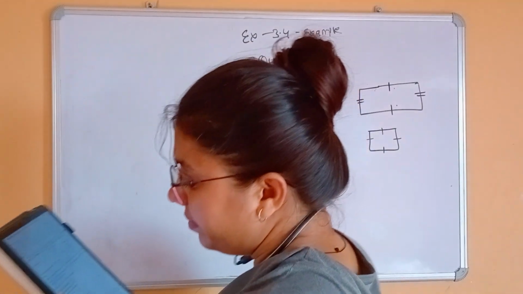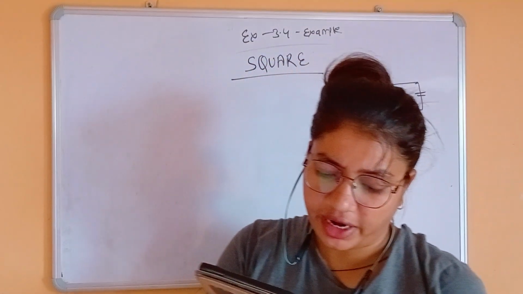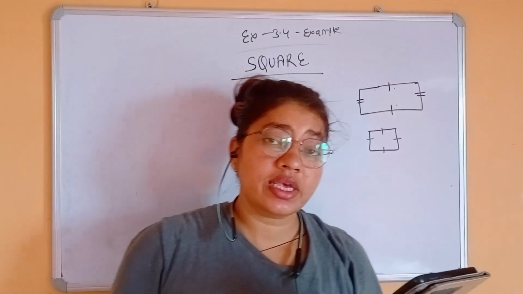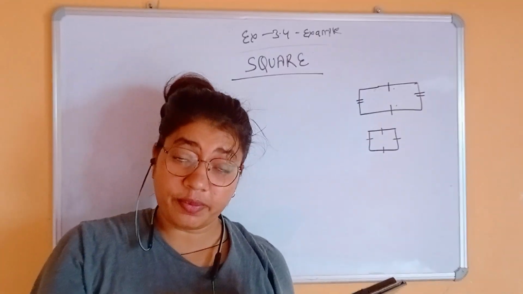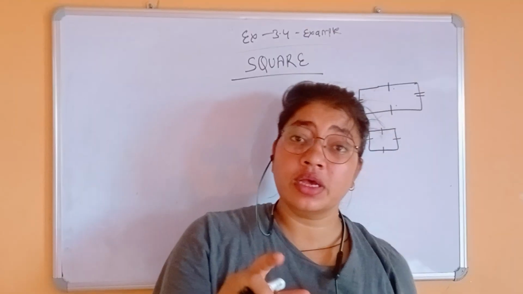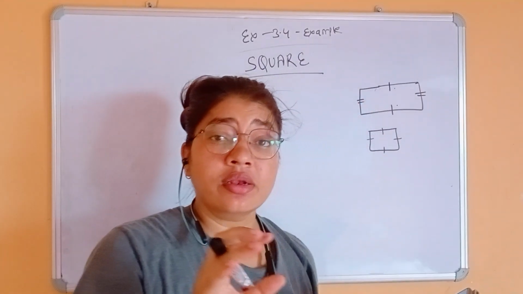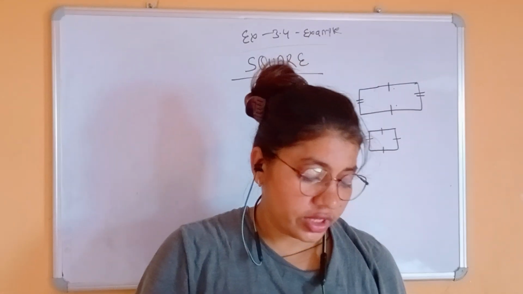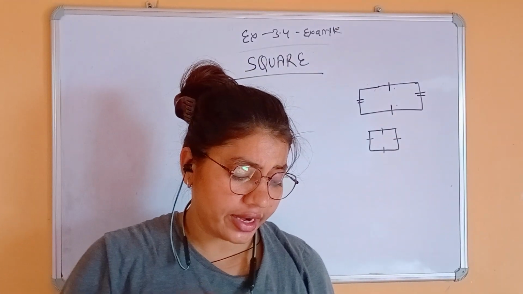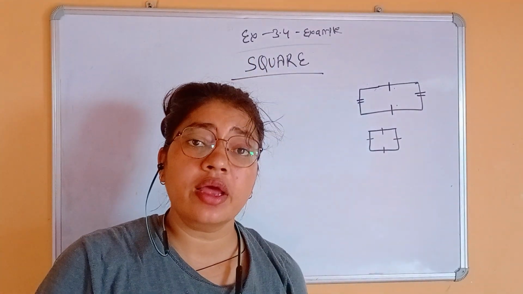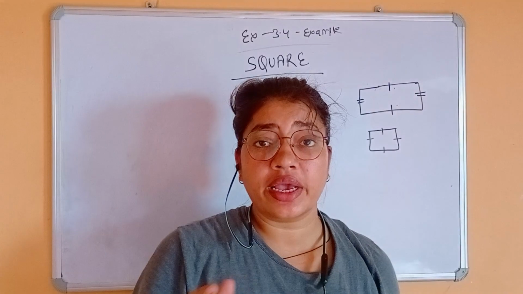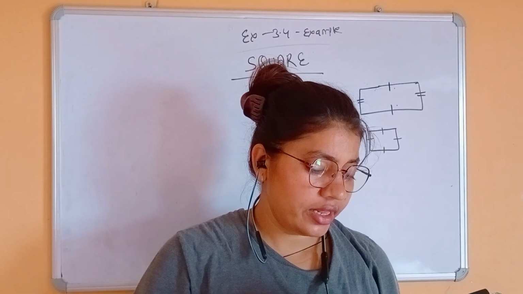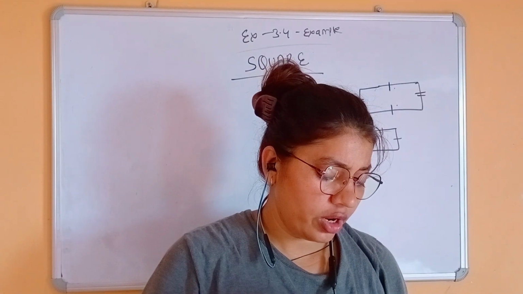Here it says a square has all the properties of a rectangle with an additional requirement that all the sides have equal length. So a square holds all the properties of a rectangle, only one thing is extra: in a square all sides are equal, in a rectangle only two sides are equal. So the square, like a rectangle, has diagonals of equal length. In a rectangle there is no requirement for the diagonals to be perpendicular to one another.